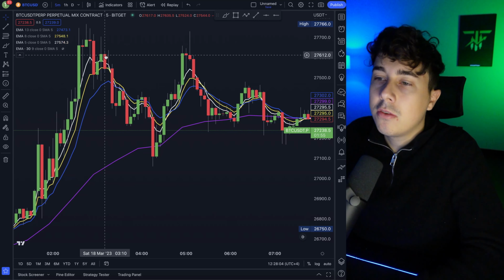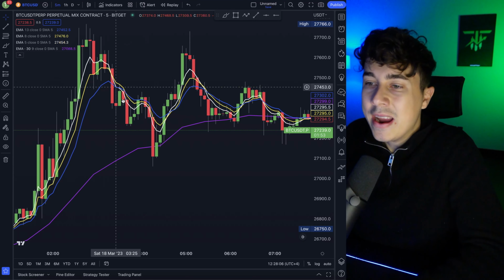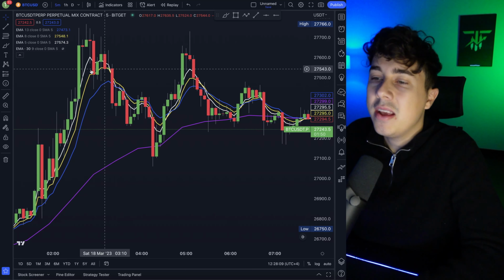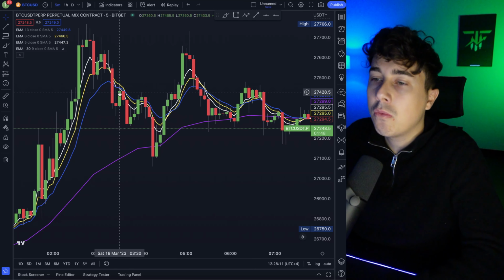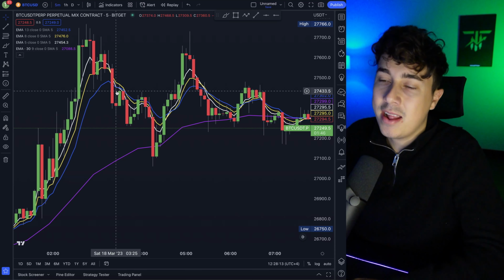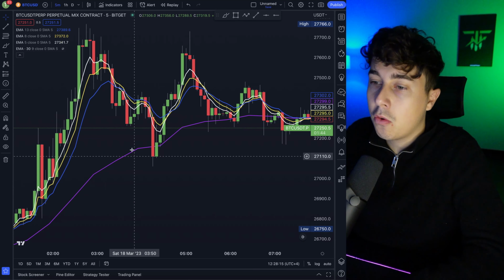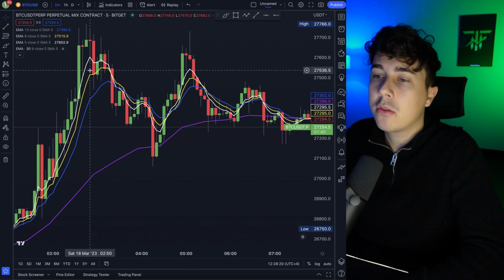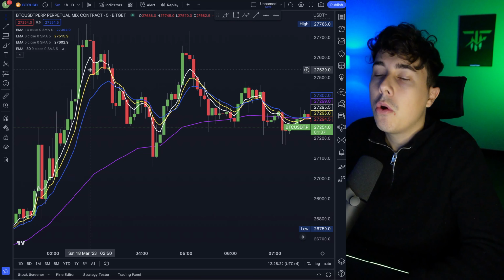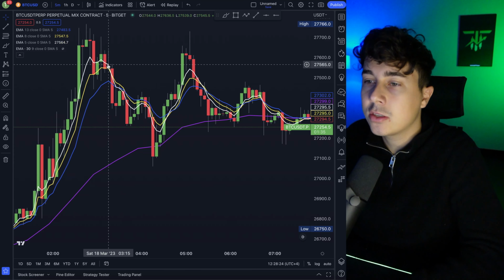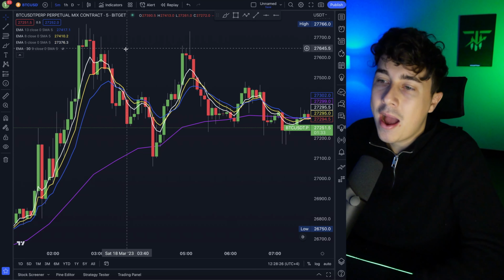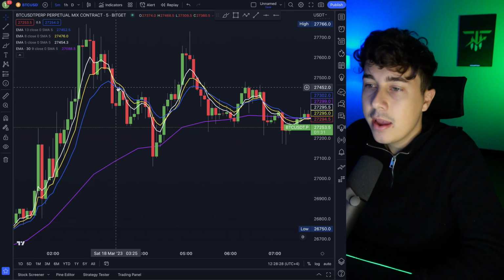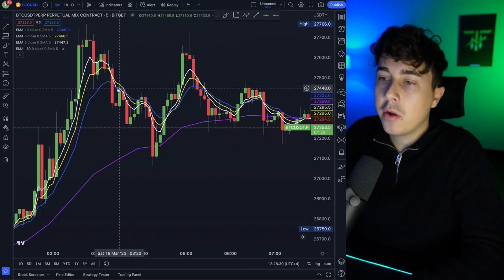And we want to focus when the white EMA, the 5 EMA, is crossing our yellow and our blue EMA. But here it depends again if we are above or below our purple indicator. So for example, in this case, we are above, and here we want to focus for short trade. And that means we want to focus when the white EMA is crossing the yellow and the blue from up to down. So for example, here it would be on this point, and on this point we want to focus